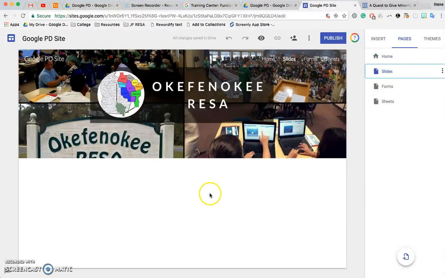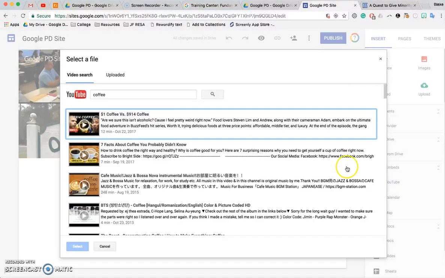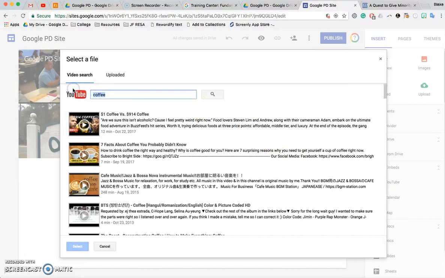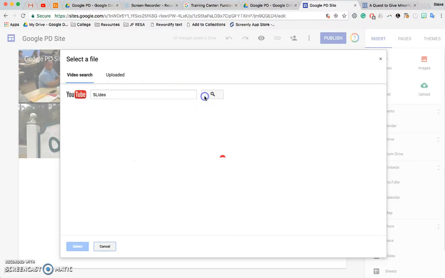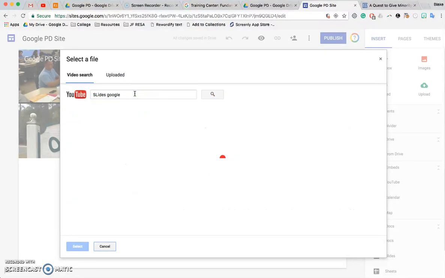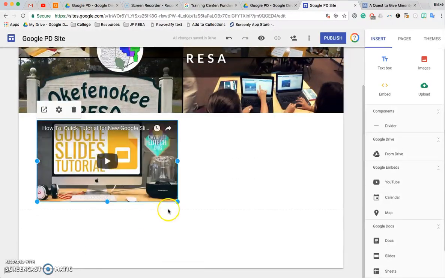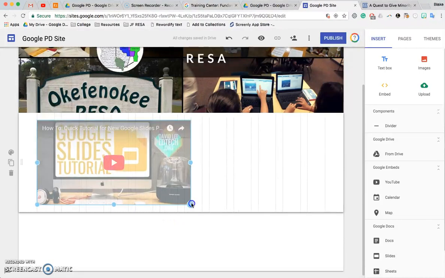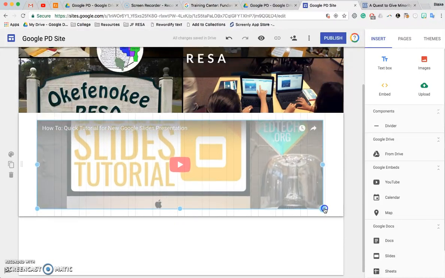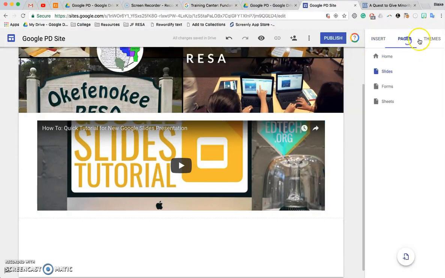can maybe upload a video or whatever I want to upload. So I can go to insert, from YouTube, and since this is slides, I can search slides. Quick tutorial for Google Slides. I can insert that here, and now on that particular web page is a video on how to use Google Slides when they navigate there. Okay,